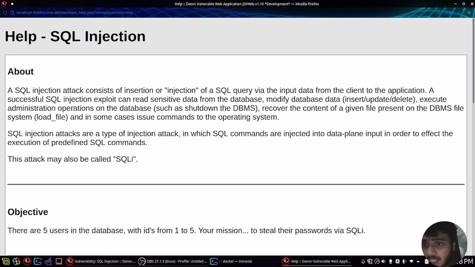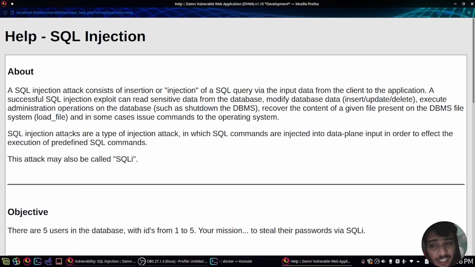A successful SQL injection exploit can read sensitive data from the database, modify database data, execute administration operations, recover the content of a given file present on the DBMS file system, and even issue commands to the operating system as well. So this is a very severe vulnerability.